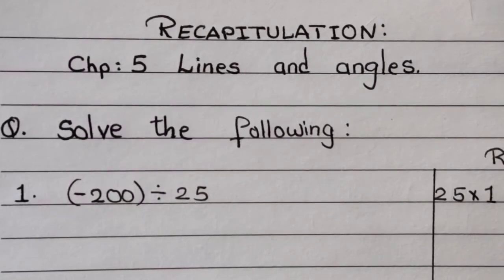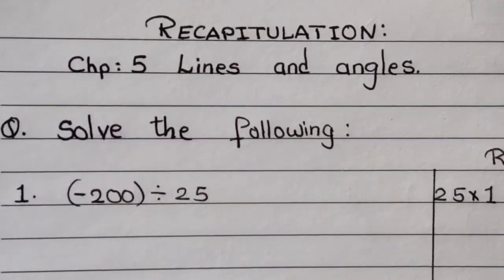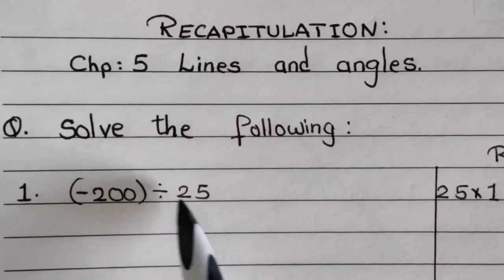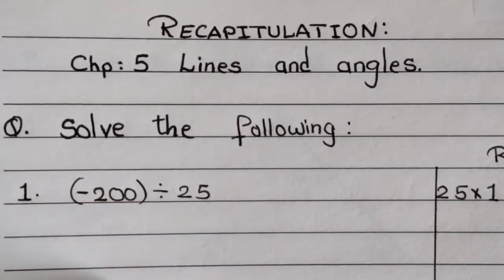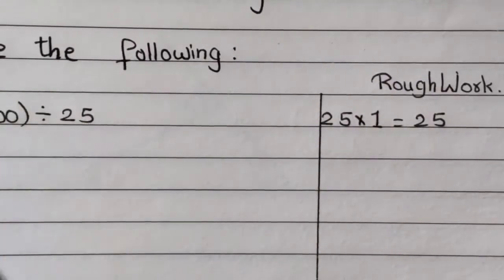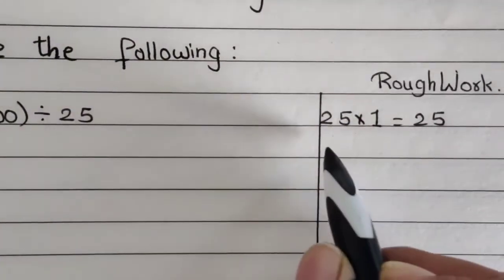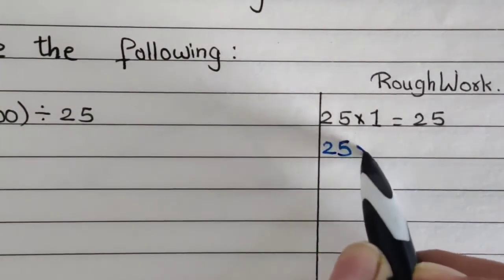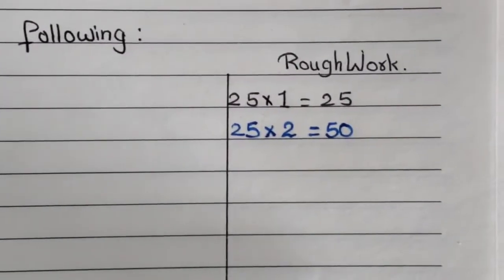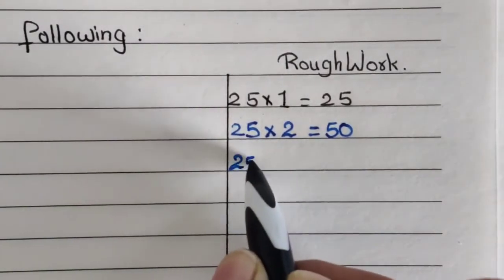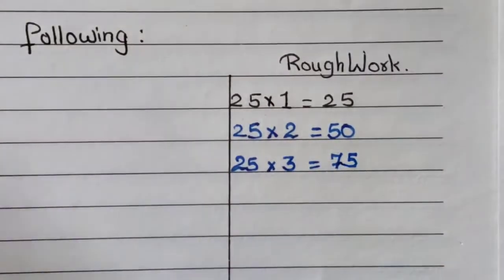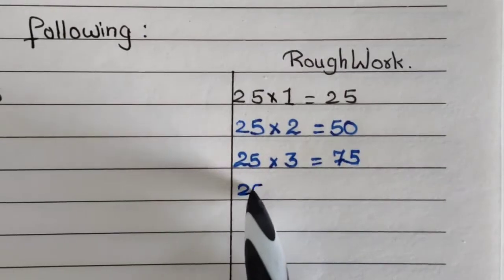Now let us begin with the "Solve the following". Question number 1. Here it is said: minus 200 divided by 25. For this you have to show the working. Here we can do the rough work of the table of 25. So 25 ones are 25. Now I am writing the table further for you. 25 twos are 50. 25 threes are 75. 25 fours are